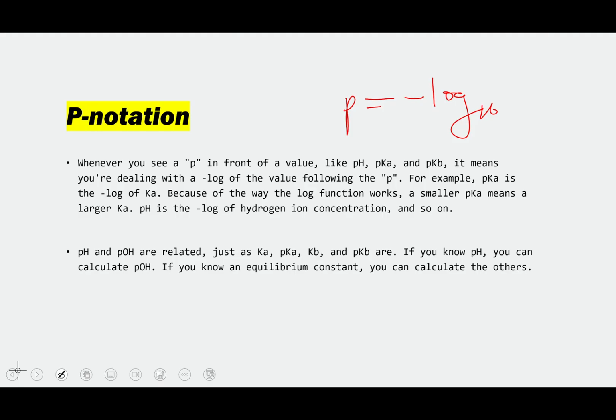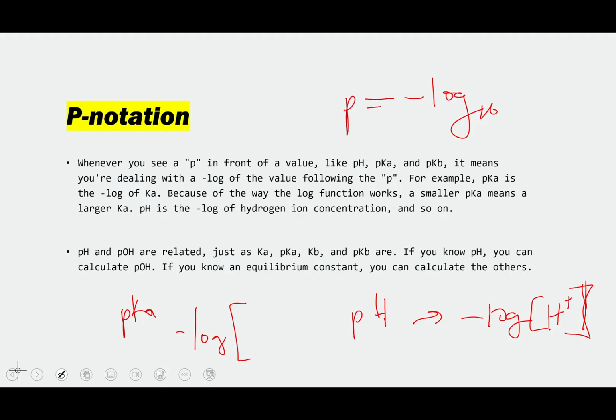So if we talk about pH, what we're talking about is the negative log of our H ion concentration. And if we talk about pKa, what we're talking about is the negative log of our Ka,